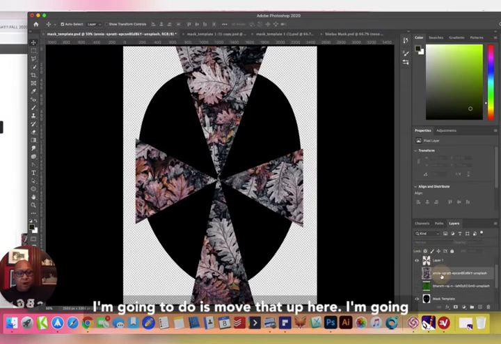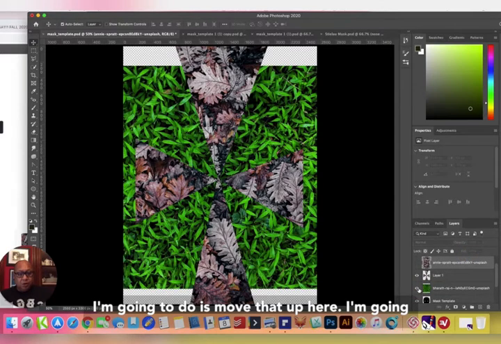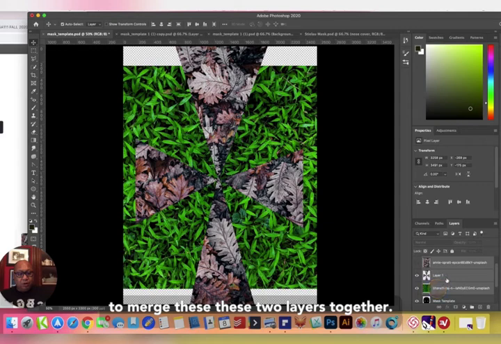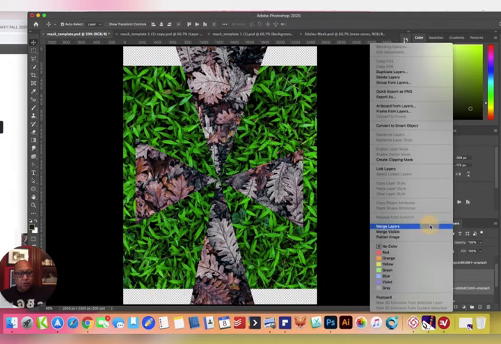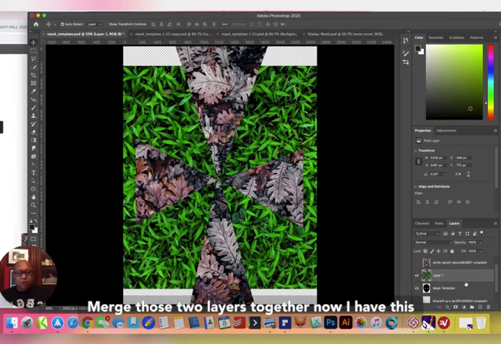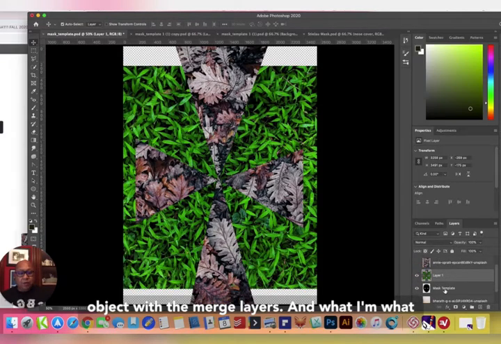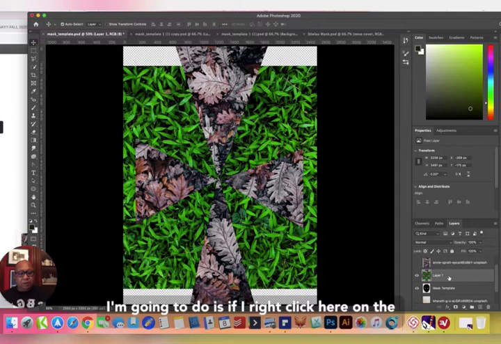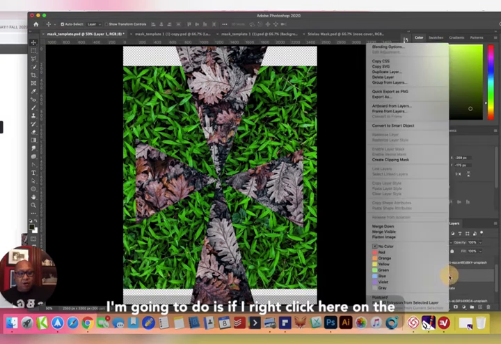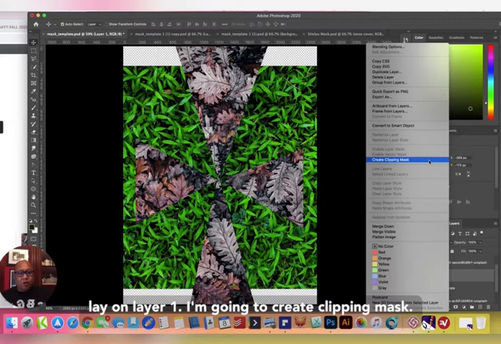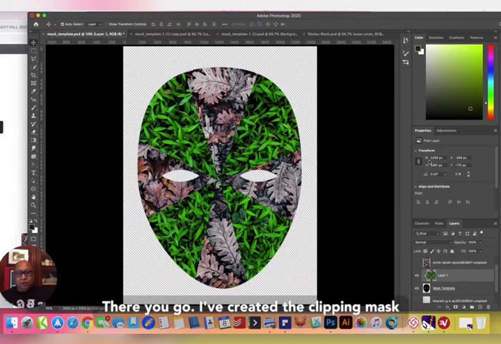And then let me move that up here. I'm going to merge these 2 layers together. Merge those 2 layers together. Now I have this object with the merged layers, and if I right click here on layer 1, I'm going to create clipping mask. There you go. I've created a clipping mask of